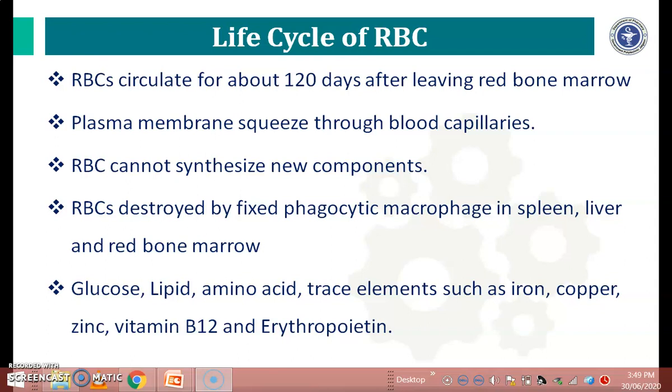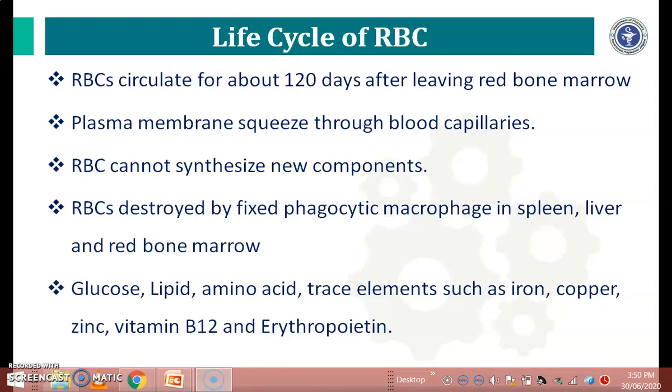Whereas copper is present in the component of plasma proteins such as hephaestin and ceruloplasmin, which are required for absorption of iron and oxidation of iron, that is conversion from ferrous to ferric form. The zinc element acts as a coenzyme,